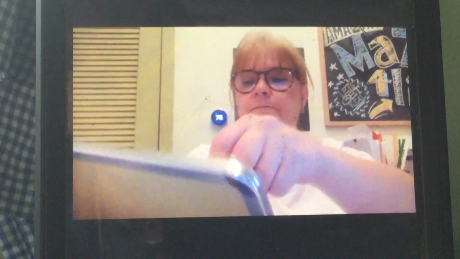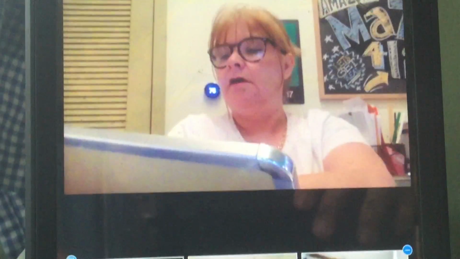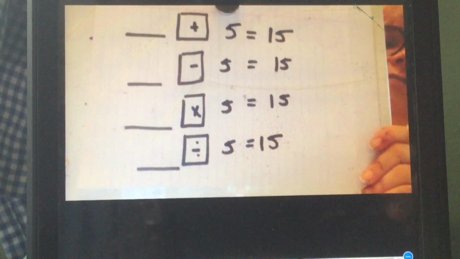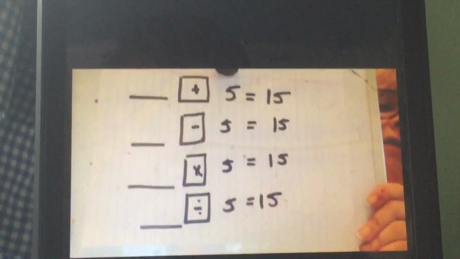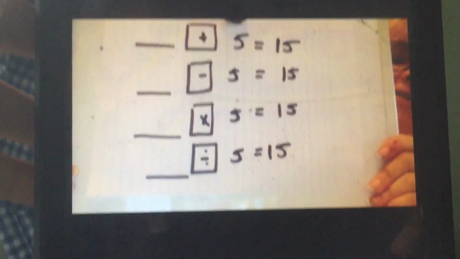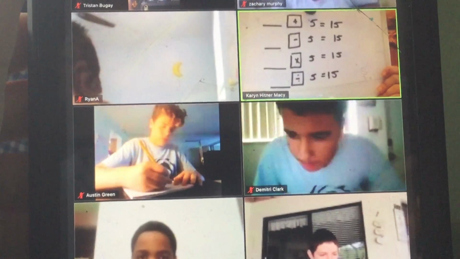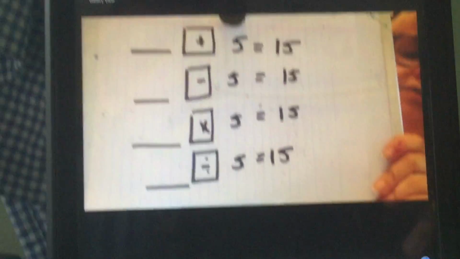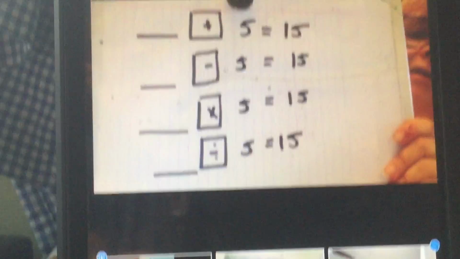Okay, now I want you to take out your notebook or a piece of paper and a pencil. And I want you to copy these down and solve them. So I want you to write these down in your notebook. Ari, you should sit up. There you go. So everyone write these problems down, and then I want you to solve them using plus, minus,